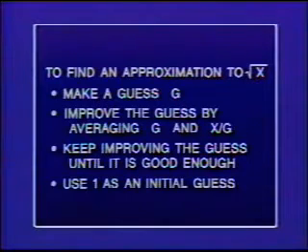If you pick a g that's too large, if your g is larger than the square root of x, then x over g will be smaller than the square root of x. So averaging always gives you something in between, and then it's not quite trivial, but it's possible to show that, in fact, if g misses the square root of x by a little bit, the average of g and x over g will actually keep getting closer to the square root of x. So if you keep doing this enough, you'll eventually get as close as you want.